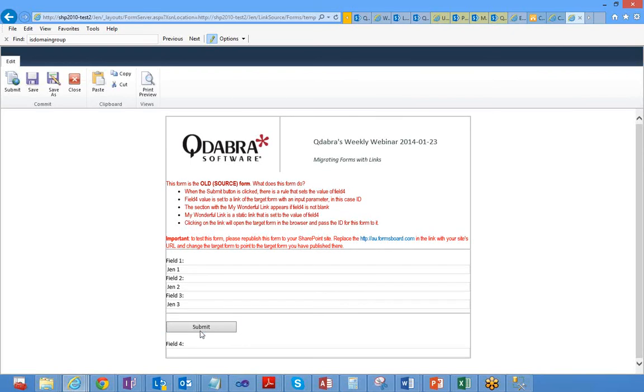And we'll assume that this is the data that I entered to fill out my form. That's great. Now, what's going to happen when I click the Submit button is two things. It's going to submit this form to the old link source library, but it's also going to generate a rather complicated URL that, when clicked, will open up a new form using the new template in a different library called link target, and it's going to pull this information that's displayed here into that new form, into new fields, pulling in the old data into those new fields. So let me click Submit,